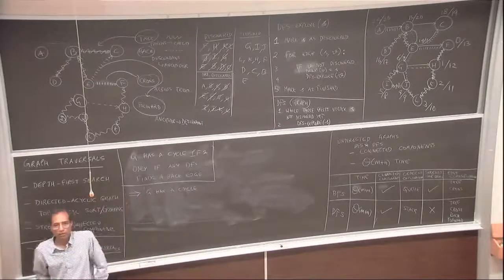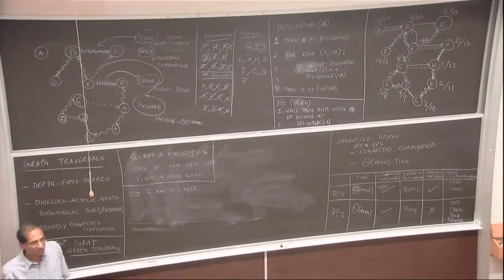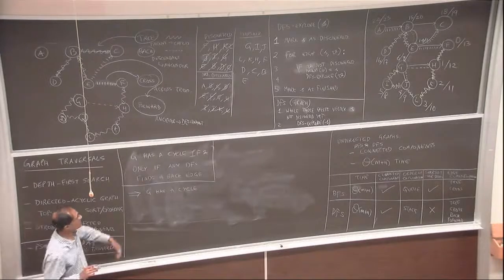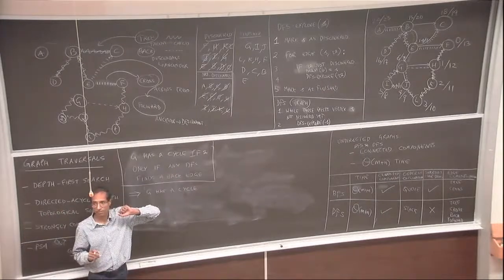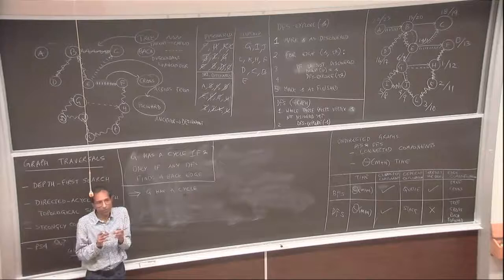How do you prove that if G has a cycle, the DFS will classify an edge as a back edge? The cycle will be in the same tree no matter what. That is true, it has to be in the same tree. But can you pick one of the nodes in the cycle as the root, the first one, and then traverse down? You're right, and at some point there will be a child. Very good, except that I'm saying it doesn't matter how you run the DFS. You're absolutely right. If I were to pick one of the vertices in the cycle as a root and then run it,